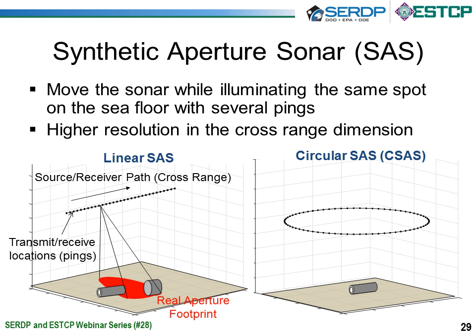Also, we tend to think of SAS in terms of different scan pattern geometries. So the typical scan pattern geometry we use, which is effective from a wide area survey standpoint, is a linear scan pattern. So we move in a straight line. We may do something like mow the lawn, where we take a series of straight lines and we try to cover a large area. And again, the advantage of this is area coverage rate.